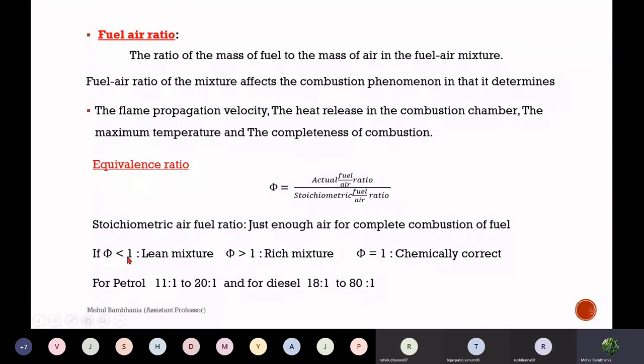When the equivalence ratio is less than 1, we refer to it as a lean mixture. Lean mixture means we are supplying excessive air. And if it is greater than 1, it is a rich mixture. Rich mixture stands for supplying an excessive amount of fuel. Ideally it must be in the range of 1, but it is not practically possible. But with the help of this equivalence ratio, we can have an idea whether we are supplying excessive fuel or excessive air. Based on that, we can shuffle the amount of air or fuel during operation.